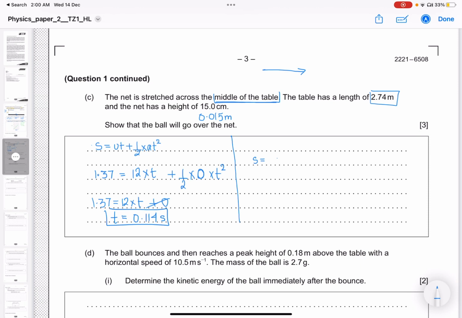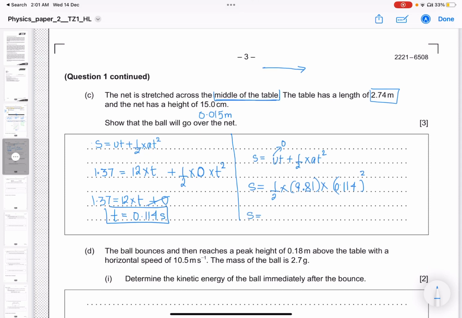Initial velocity would be 0. Wait, I'll just write that. S equals ut plus half at squared. Initial velocity is 0, so it turns out to be half into 9.81 into t, which is 0.114, the whole squared. S, which is the vertical displacement, is 0.5 into 9.81 into 0.114 the whole squared,